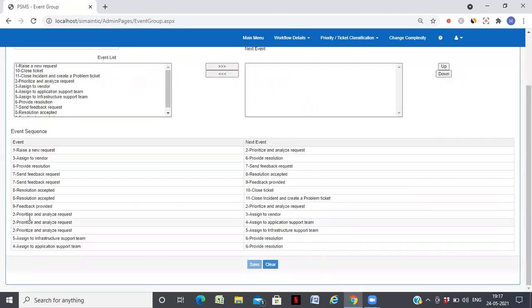After event 2, there are three events. It could be assigned to vendor, assigned to application support team, or assigned to infrastructure support team. Then after 3, it could be 6. After 4, it could be 6. Or after 5, it could be 6. Like that, you sequence the events as per the flowchart which you have seen.